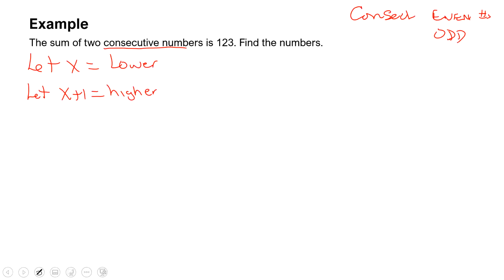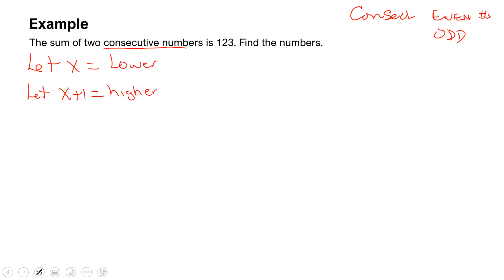So if I was doing 2 consecutive even numbers, it's still going to be I'm just adding 1 to it. It's going to give me the right numbers. Okay? So here in this example, we have,